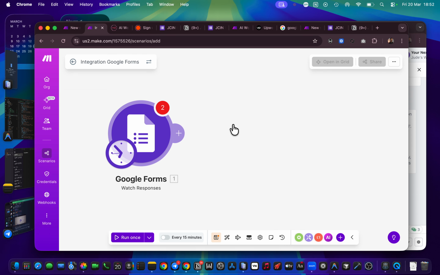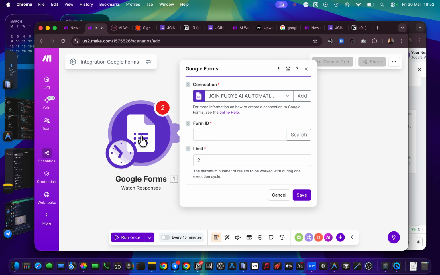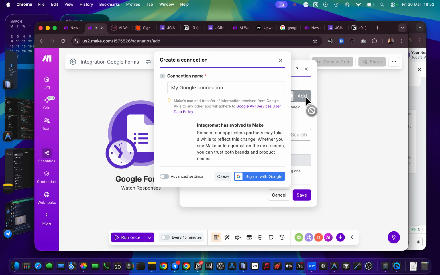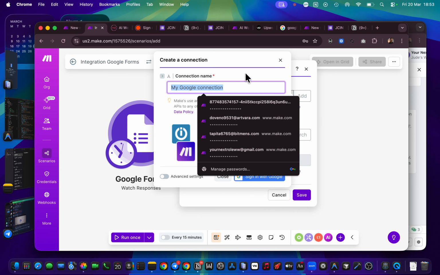So now, how do we configure this to work? We've already set everything up, but I'll try to do something similar once again. You can see we've added a particular account. That is why it looks like this. But to add a fresh account by yourself, you just need to click on add. When you click on add, it will show you all these things. You can rename this. There's nothing crazy here.